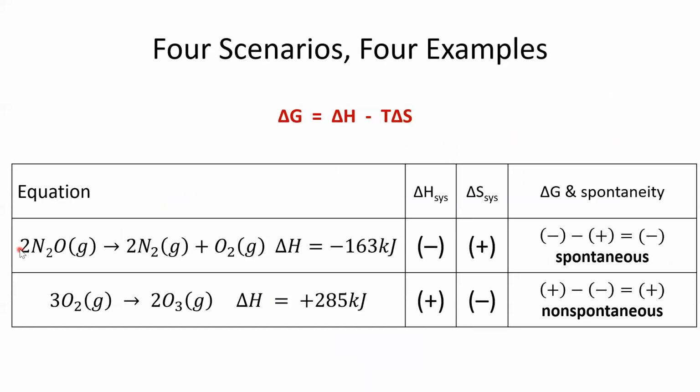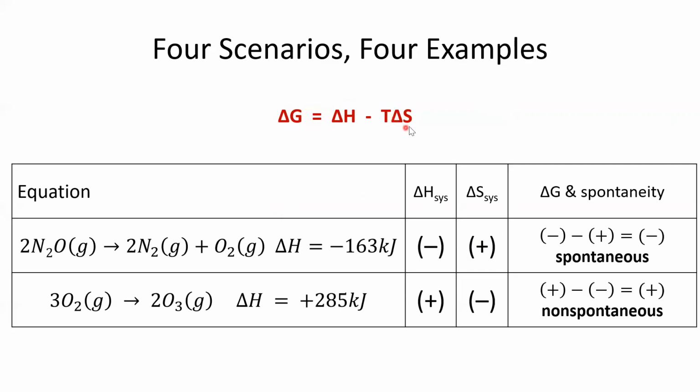Okay, let's say that we're given this reaction here, and we're told that delta H is negative 163 kilojoules. All right, so delta H is negative, gives us the number. Well, we're going from 1 mole of gas to 3 moles of gas. So our entropy for our system is increasing. So delta S is positive. So look at this for a second. If delta H is negative